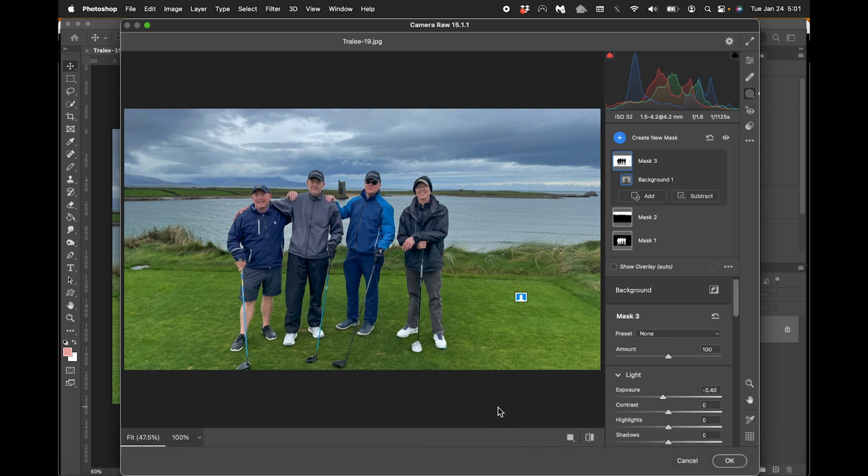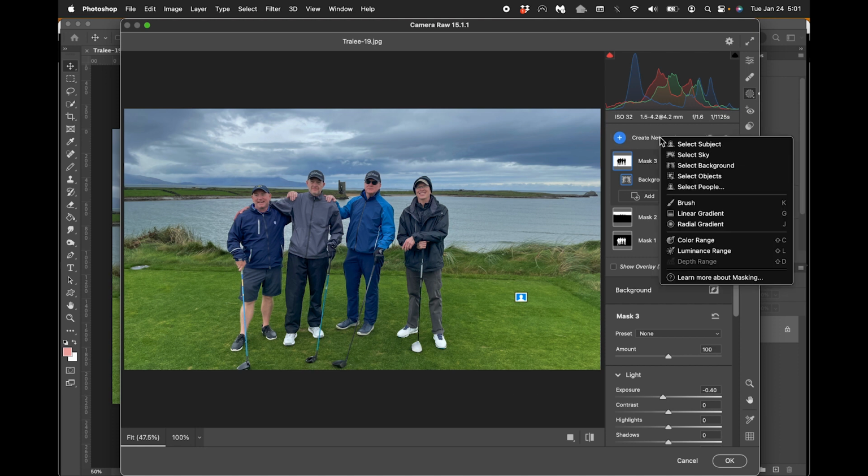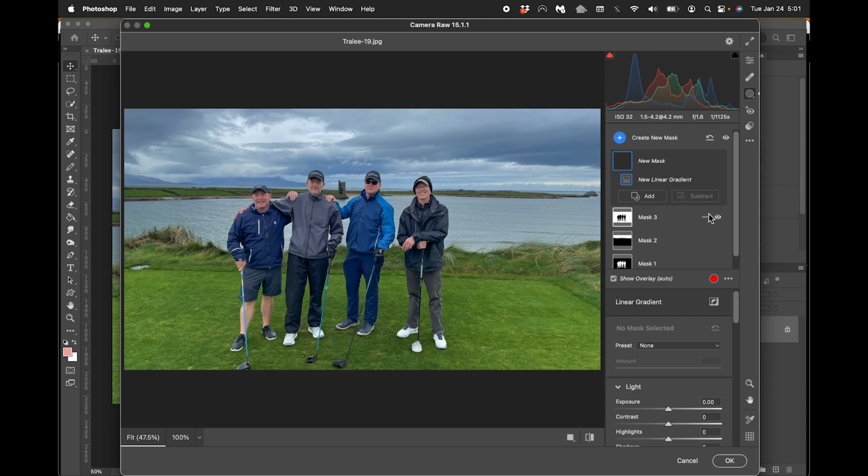Let's look at some of the other tools available then. When you create a new mask, you also have linear gradient. Let's try this. Now, I've selected linear gradient. Anywhere when I move the mouse over the picture, I get this crosshairs, and I hold and drag the left mouse button. You can see I can move this any way I want,